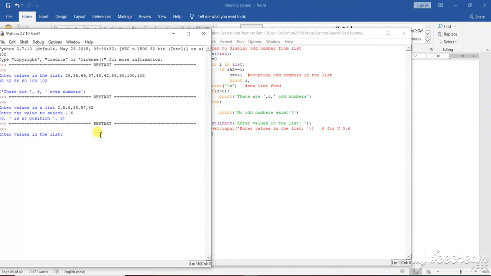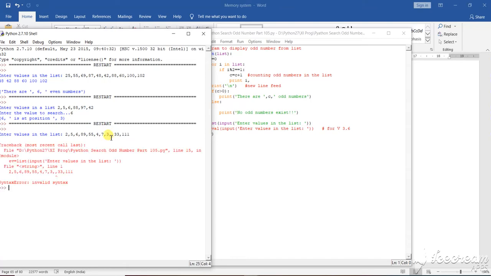I am showing you here. See, number of items. Suppose I am giving here 2, 5, 6, 89, 55, 4, 7, 3, 33, then 111. Suppose I have taken this much. So it shows an error about a string line.